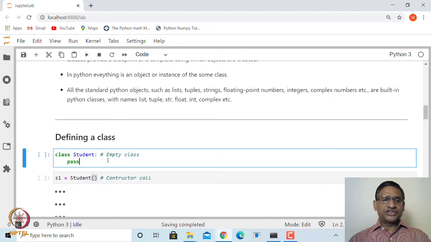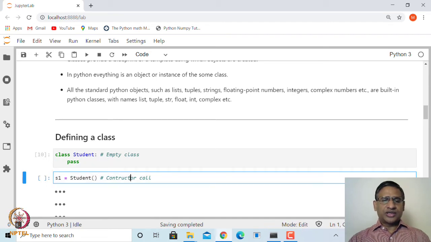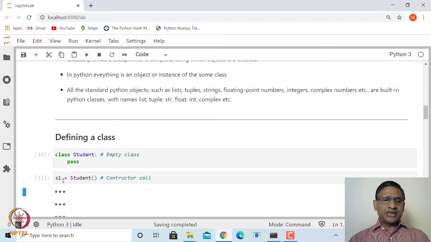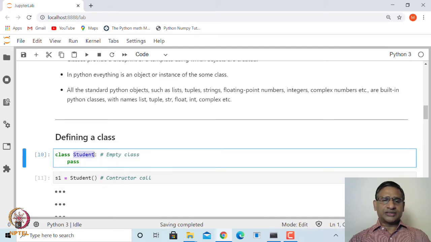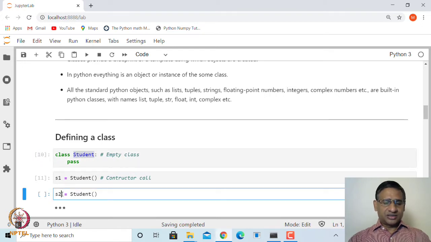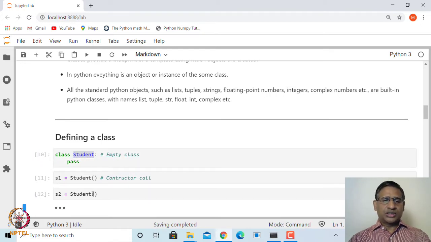Let me execute this. So, we have created S1 as an object of this Student class, and you can create many more objects. I can create another student S2, one more S3, S4, or as many as you want.